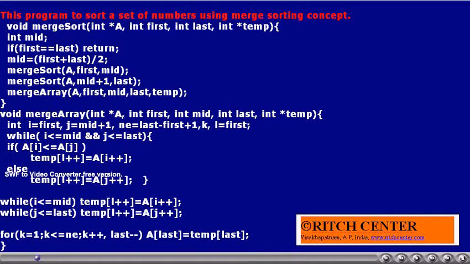Otherwise, we calculate the index of the mid element by first plus last by 2, and then the first half, from first to mid, and the second half, mid plus 1 to last, will be sorted by calling the merge sort function recursively. After that, the merge array function will be called to merge this half and that half.